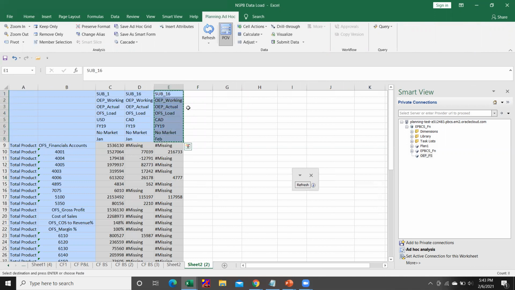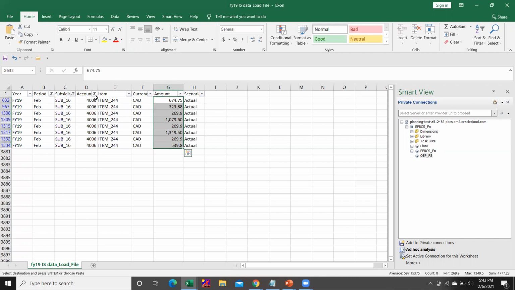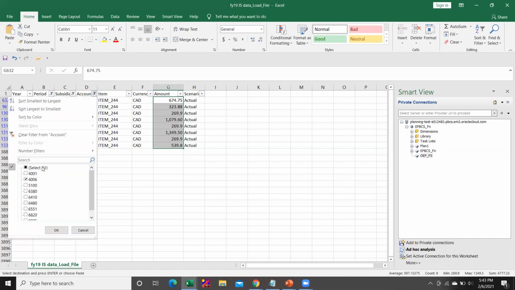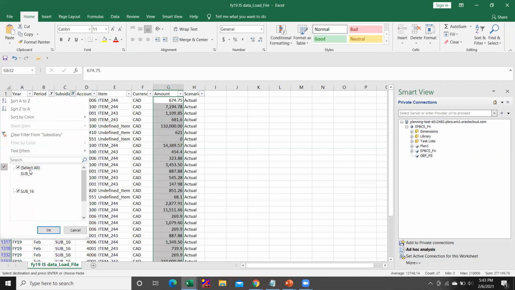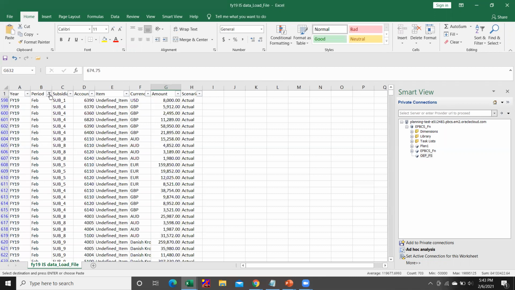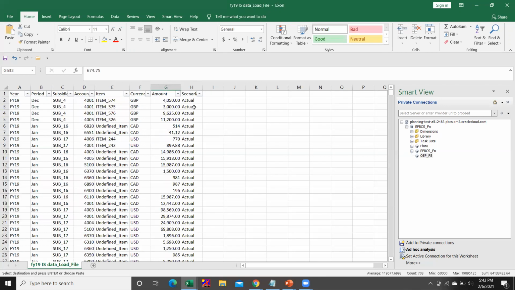Let's check for some other currency. Select all the subsidiaries, select all the periods. Let's check for the currency GBP.